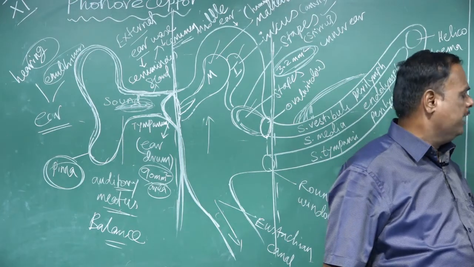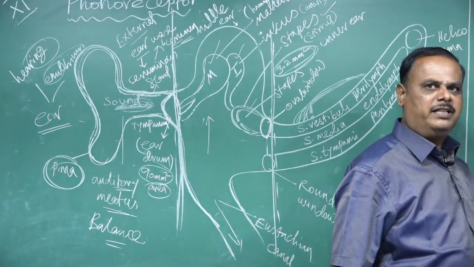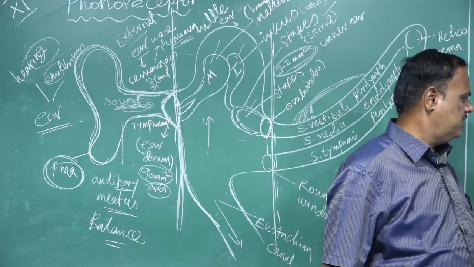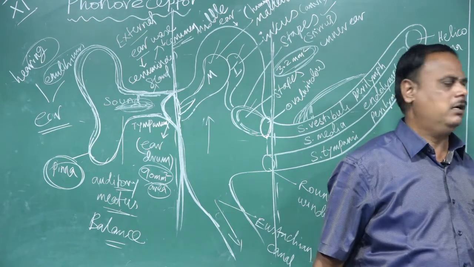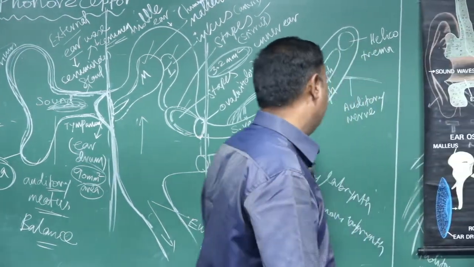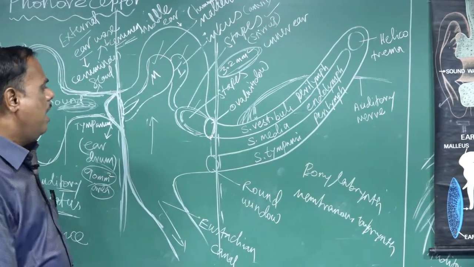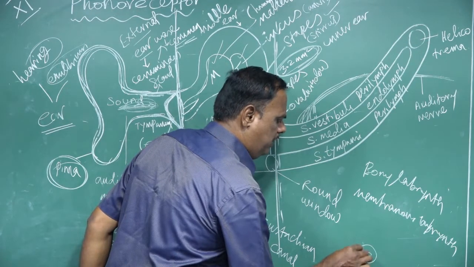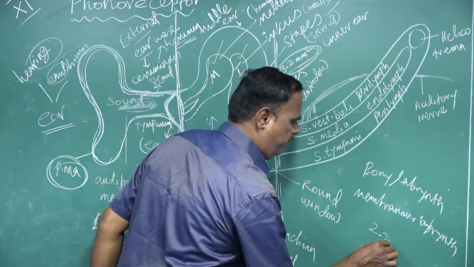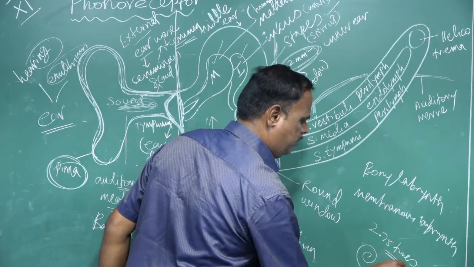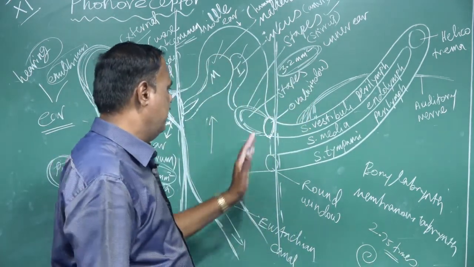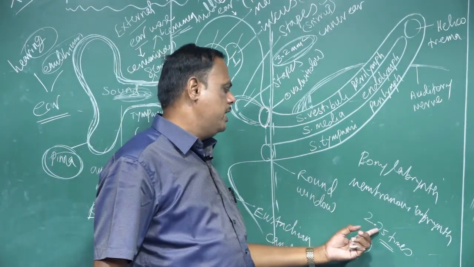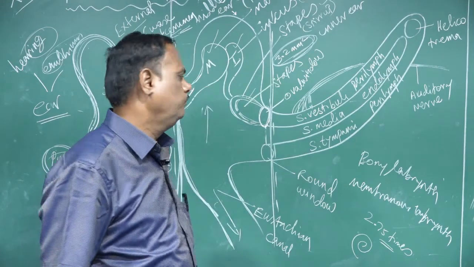The three areas of the bony labyrinth: the semicircular canals, three in number. Next is the vestibule, which consists of the utriculus and sacculus. Next is the cochlea. This comes under the category of bony labyrinth. When the cochlea is in a coiled condition, it becomes coiled 2.75 times.